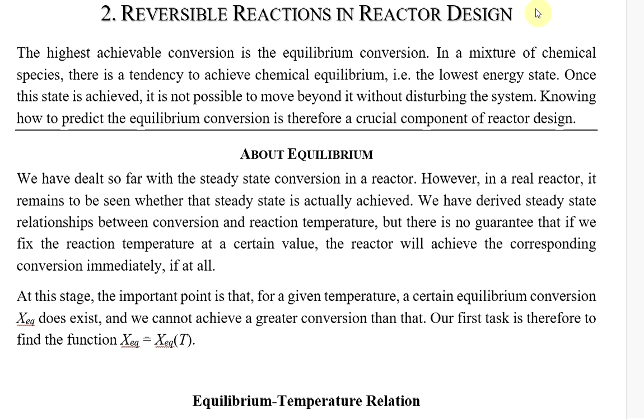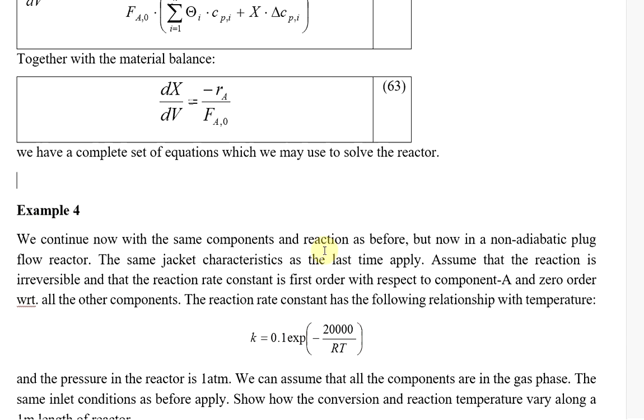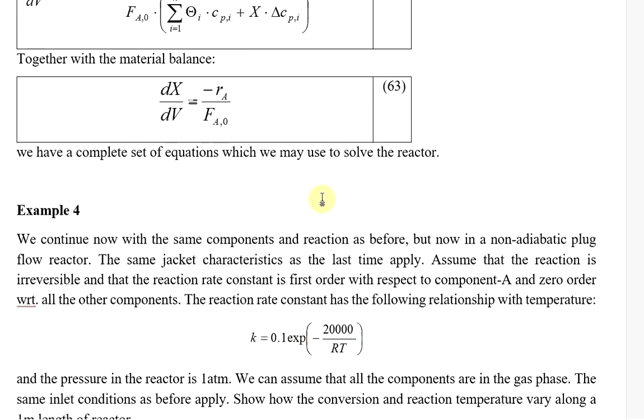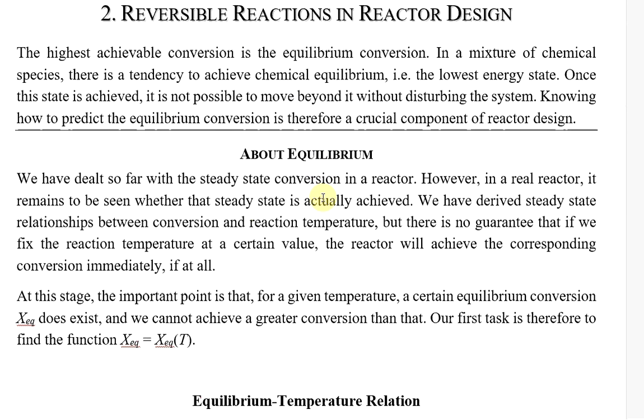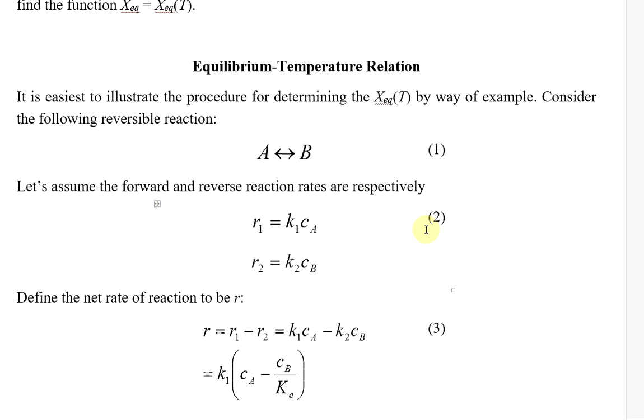In the previous lecture, we looked at the design of our reactor systems, and we developed our design equations in the face of a variable temperature, a temperature that might respond to the reaction rate. So in the current section, we are extending that to consider the case of reactions that might be reversible. If we have a reversible reaction rate, then we will have a specific relationship between the conversion and the temperature, and we wish to pick our design variable such that we can optimize the size and the operation of